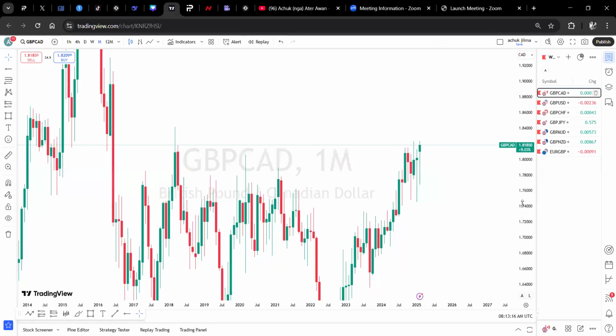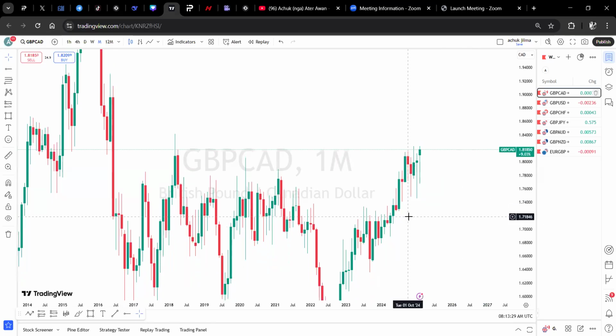All right, the month of March, and we want to look at the pound movements. The pound pairs are really looking good, and we could have trading opportunities coming in the coming week from Monday, and then we'll look at it. But to start with, I want to start with GBP CAD, and then I can go on to the